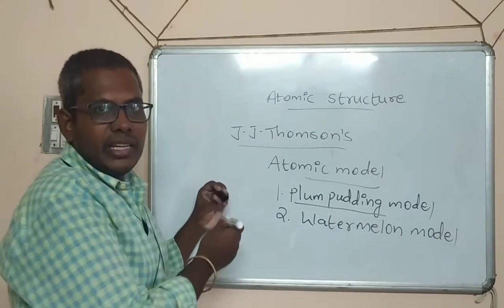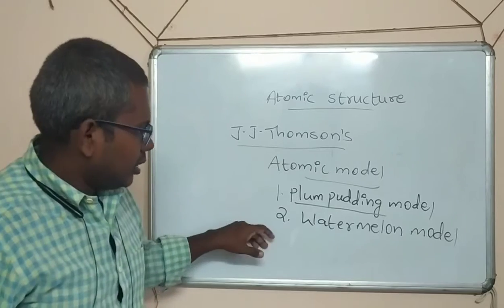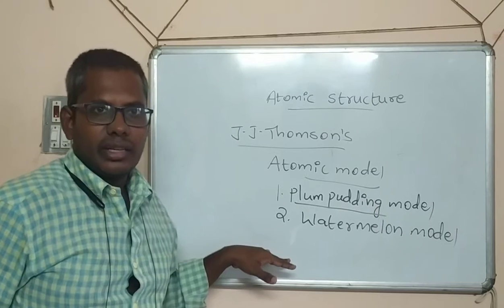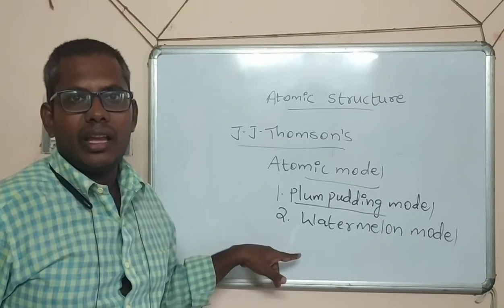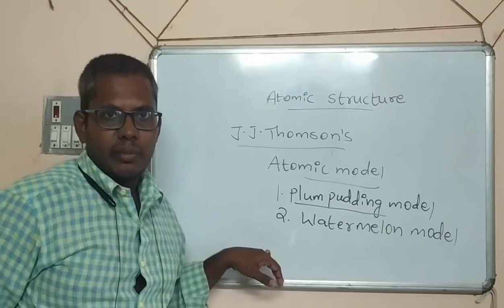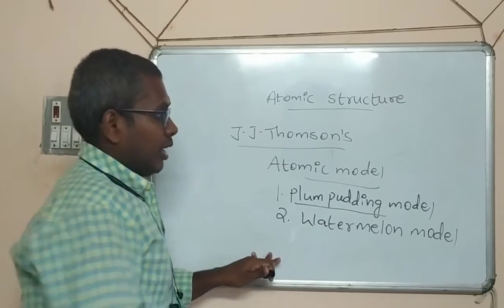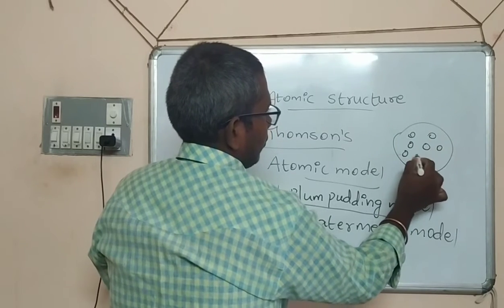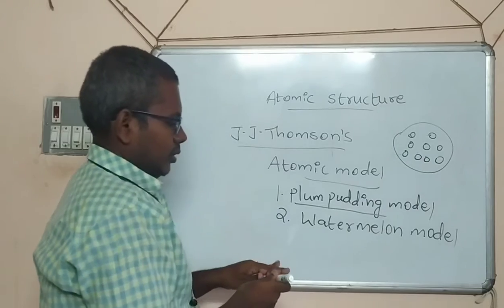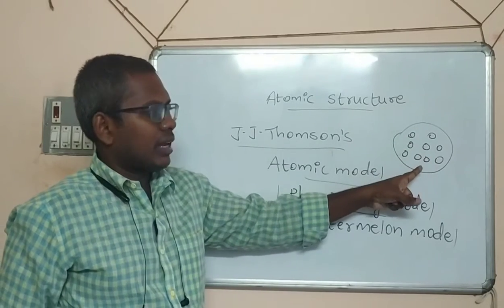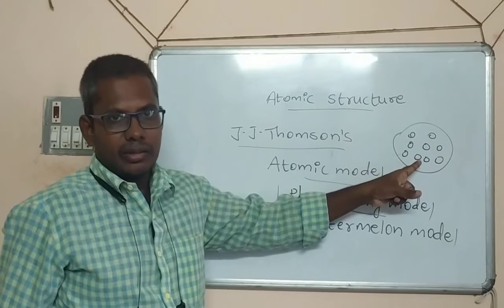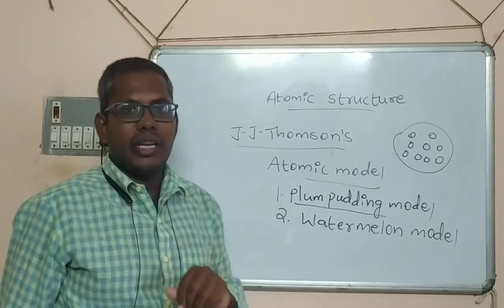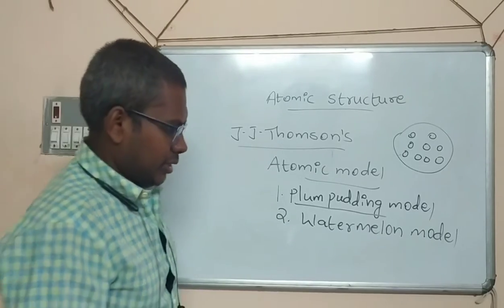Here, plum pudding is one type of Christmas cake. One time J.J. Thomson was sitting at his table eating his lunch. At that time he saw a plum pudding cake on his table. Actually, the plum pudding looks like this. What I wrote as circular shapes are cherries, and the remaining part is all cake. By seeing this he got an idea and he stated three points. Now I will explain them.